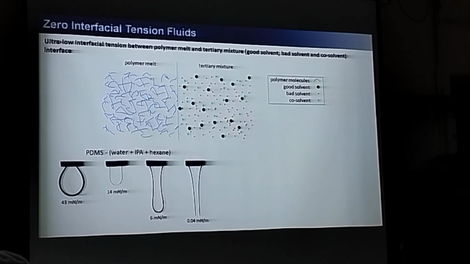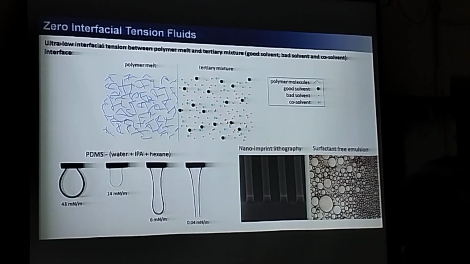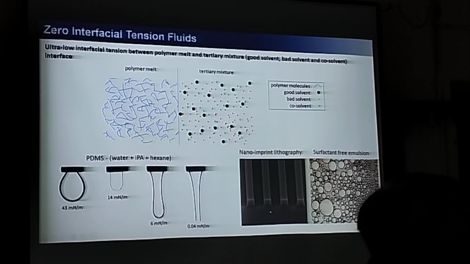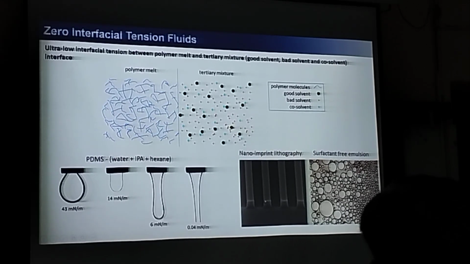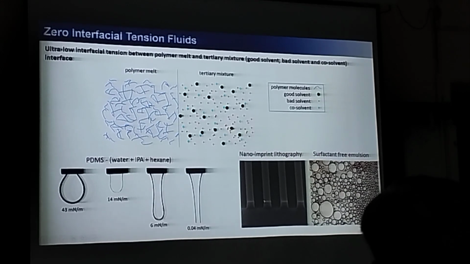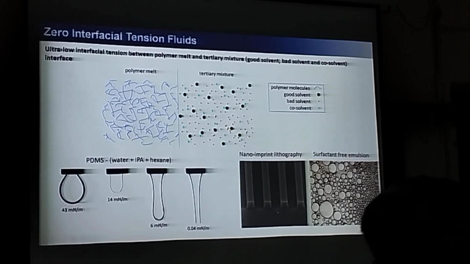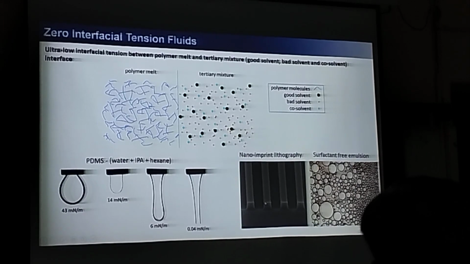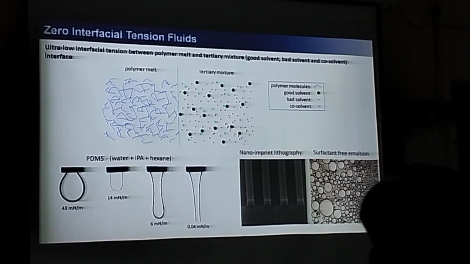Why do we need zero interfacial tension? That's the answer. Okay. So, for example, in lithography, those who work on the devices, let's say you want to make a lithography. In the lithography, you want to make some devices. Okay, you want to make rectangular channels. Now, if you go to the very sharp corners of these rectangular channels, because when you are doing lithography, you are using some photoresist, which is still in the liquid state. So, when you are doing the lithography and you zoom into the very high magnification of these 90-degree corners, you will see the rounding. This is because of the finite